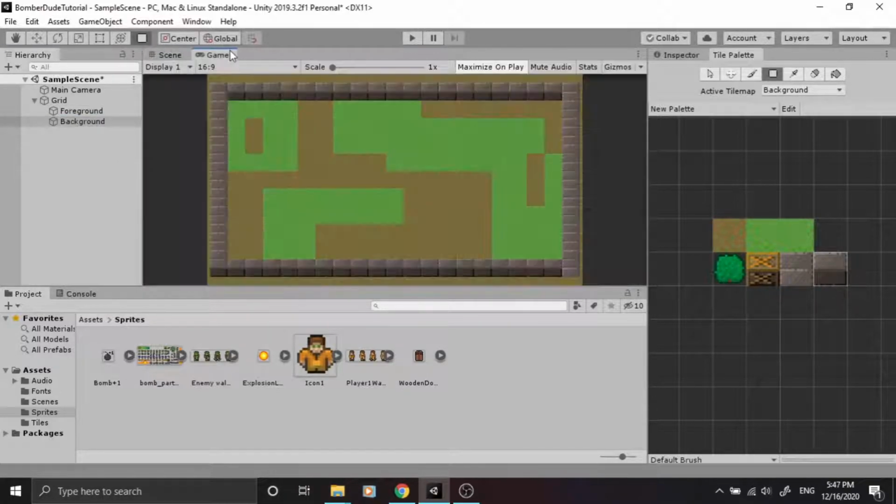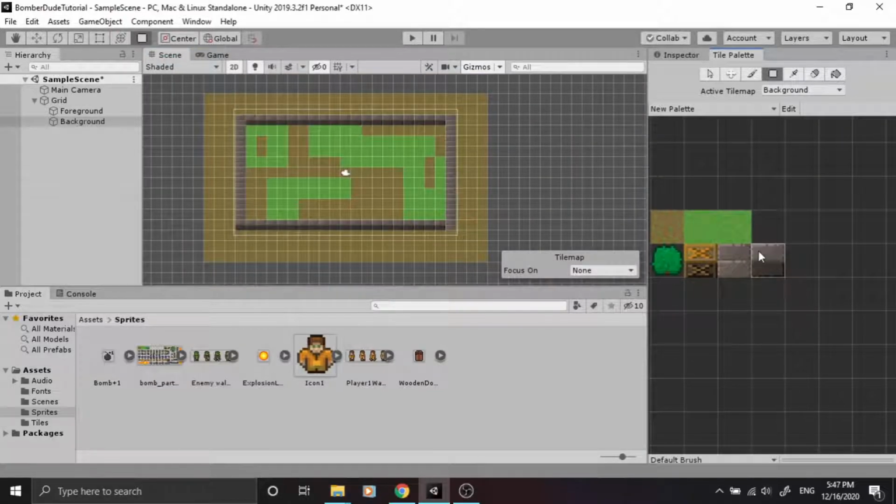Okay, so if you see, this is our level. Now one trick that I want to show you is, if you hold Ctrl and drag, and select these 4 slots, now you can do like so and generate a pattern. You don't need to individually place these blocks. And for our crate, you can place it anywhere you like.